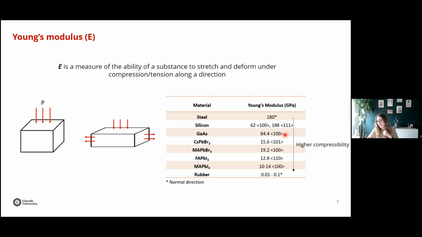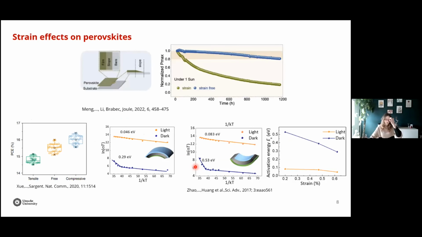And here you have also the direction along which you apply the stress. And again, the perovskites fall really at the bottom of this table, meaning that again, perovskites are very sensitive to external stress. So this is all to say that perovskites are very sensitive to stress, and